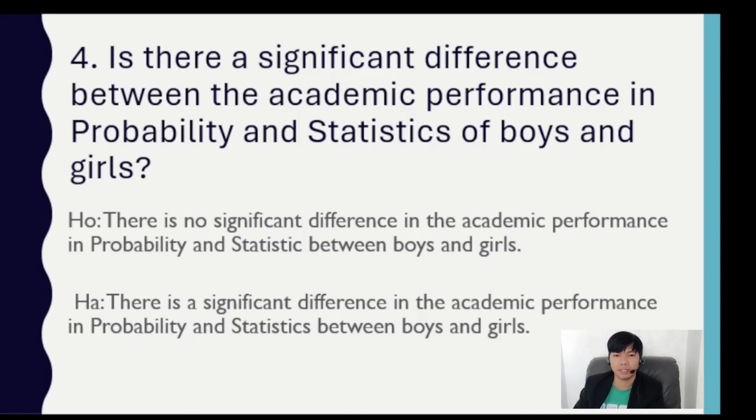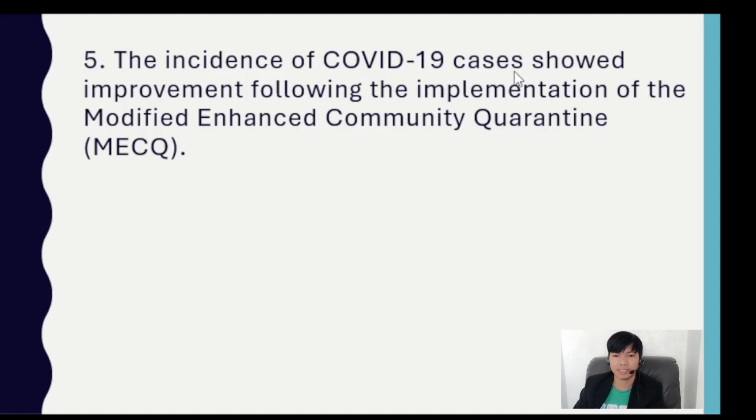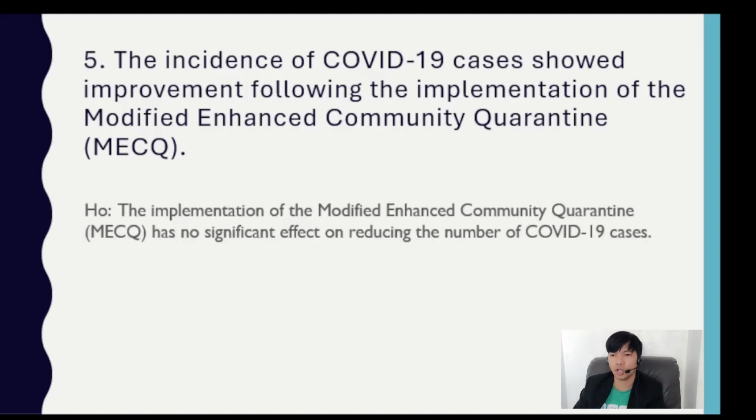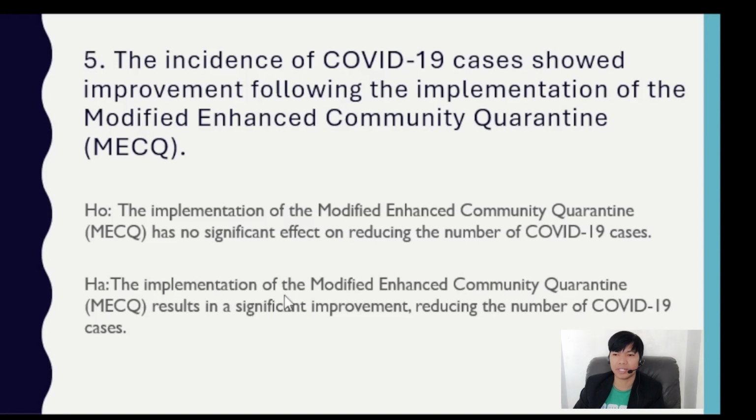Let's do number 5. The incidence of COVID-19 cases showed improvement following the implementation of the modified enhanced community quarantine. What's going to be our null hypothesis? The implementation of the modified community quarantine has no significant effect on reducing the number of COVID-19 cases. So the alternative hypothesis would be the implementation of modified enhanced community quarantine results in a significant improvement, reducing the